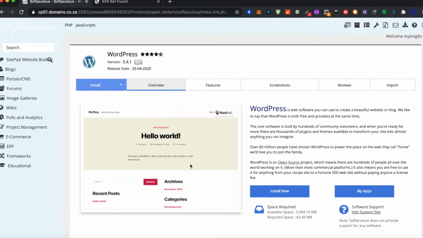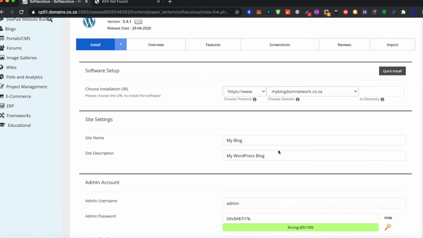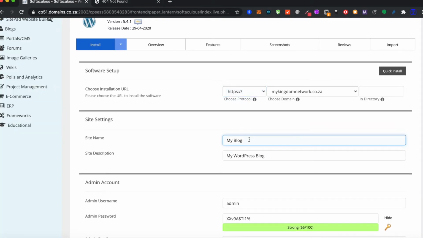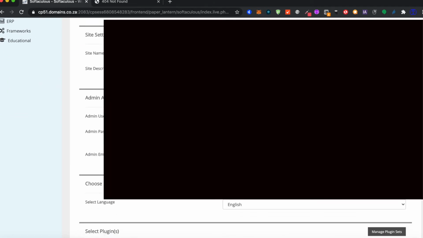And currently, this is the default theme that comes with your WordPress. We're not going to worry too much about that now, because we can always change it later. And let's decide. I don't like www. But make sure we click on the HTTPS version, which is the one which has the SSL certificate on it. And I'm just going to call this My Kingdom Network. And you can change this later. At this point, you don't have to have this completely decided, and I'm going to change my username as well,